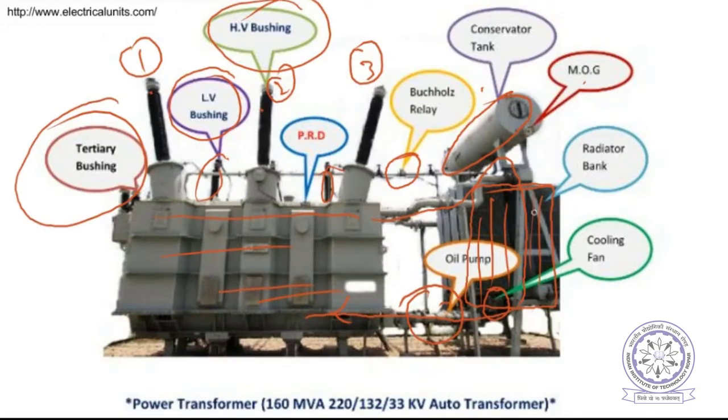So through these radiators, and here in the radiators there are cooling fans also arranged. So here you can see at the bottom, but throughout the cross section also you can have fans like this. So these fans will continuously cool the radiator tubes. So inside the tubes oil will be flowing, and that oil is circulated like this in order to cool it. What is the effect of oil circulation and all? We will see in future.